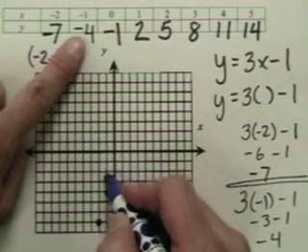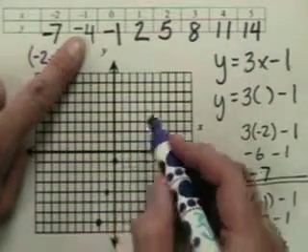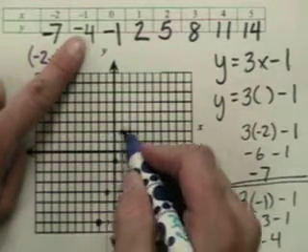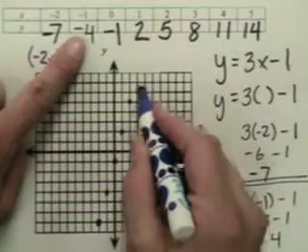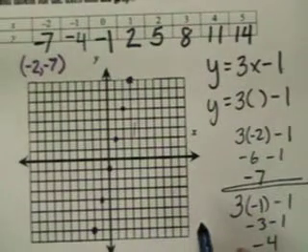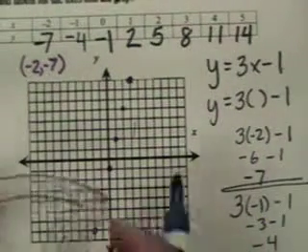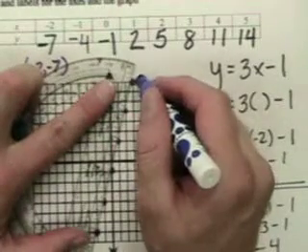Right there, 1, 2, 3, 4, yep. 0, negative 1, 1 and 2, and 2 and 5, and 3 and 8. And those are all in a very nice straight line. And so I'm going to go ahead and I feel confident, unless it was asking me some type of question